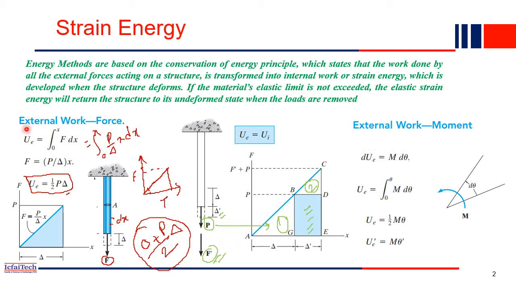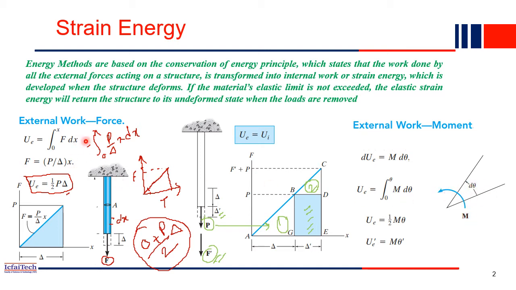So till now we discussed only the external work done because of forces. Now let's see the external work done because of moment. How much external work is done because of moment? Same thing: moment is nothing but a rotation, right? So moment is responsible for rotating the member. So the small external work because of moment is dU equal to M into d theta. So what is d theta? Moment is responsible for rotation, right? Before applying the moment, the beam was straight. After applying moment M, the beam rotated a little bit. So that is d theta, right? So the work done will be the moment into the rotation that happened.